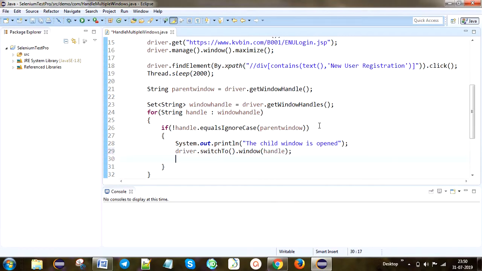So after that I'm going to print the child window title. Why? Because I'm going to identify whether the child window was opened successfully. So String childWindowTitle, driver.getTitle. So this is the method we are using to get the title for the particular window. Got it? I'm going to print this one: the child window title is